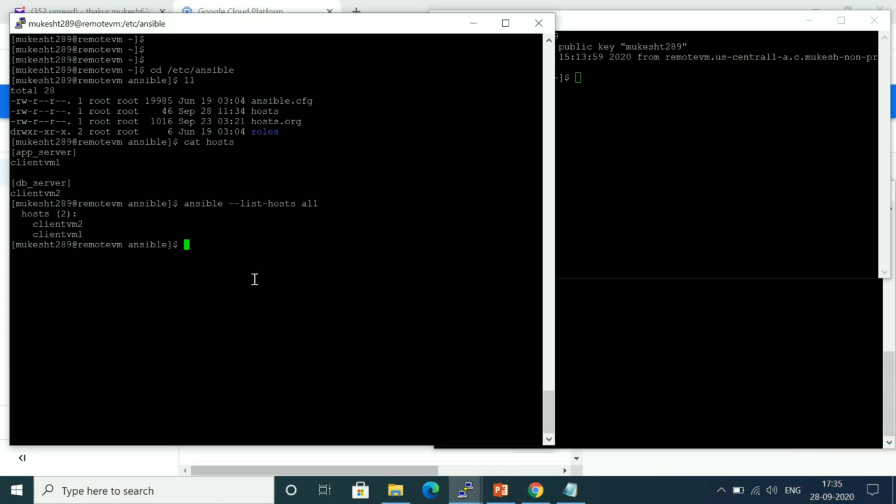First I am going to show you how to check whether a client machine is active or not. We are going to use the ping module. Let me run the Ansible ad hoc command: ansible, I am going to check on all the machines, so I mention all, then -m, and then ping.